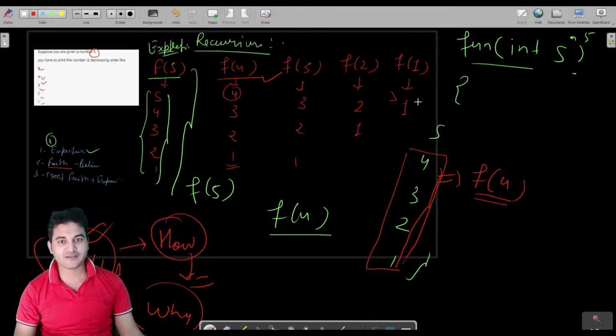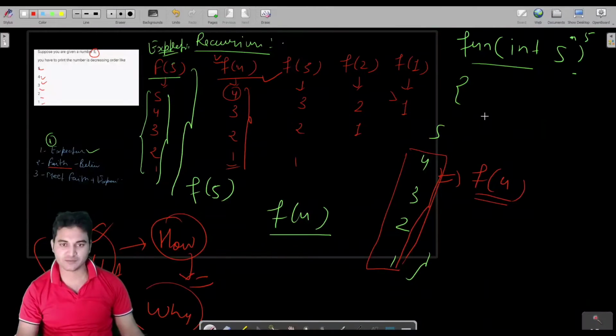So what I was explaining is, if this is the expectation from you, that f of 5 will print 5 4 3 2 1, and you also know that if we have a function which takes input f of 4, then this will do its job. We will have faith that 4 3 2 1 will automatically print if we call the same function using a smaller input, which you can say is n-1, or 4, or f of 4.